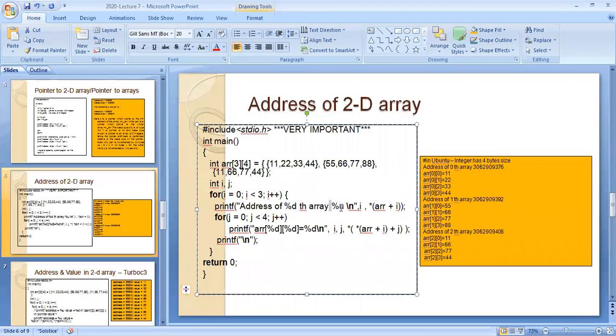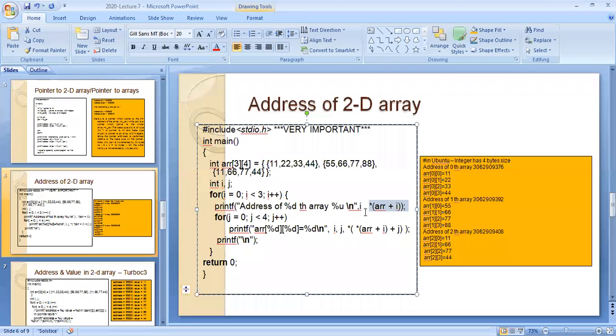Similarly, if you want the address of a 2-dimensional array, how do you give it? You will give it like star of ARR plus I. This is the representation you are going to take to get the address of a 2D array, because the address will be for each row.